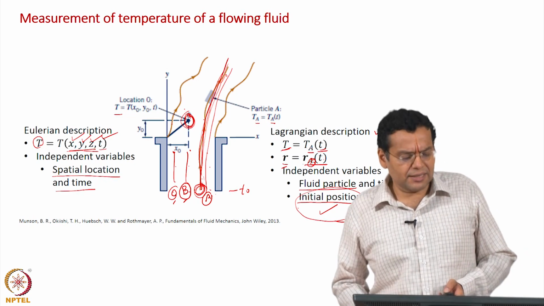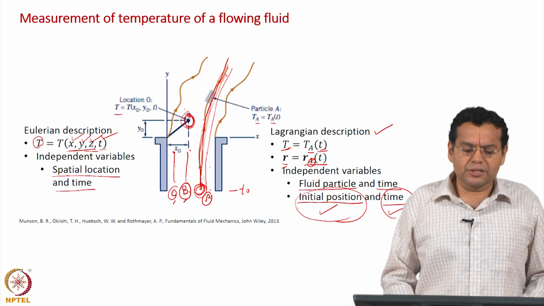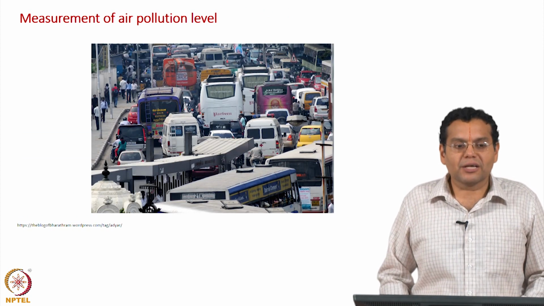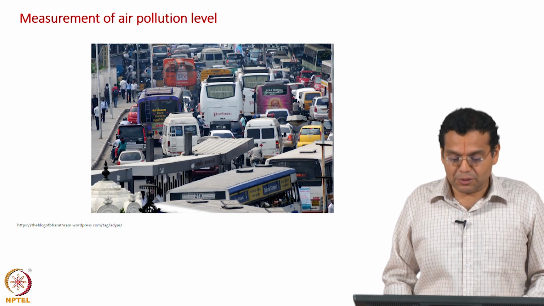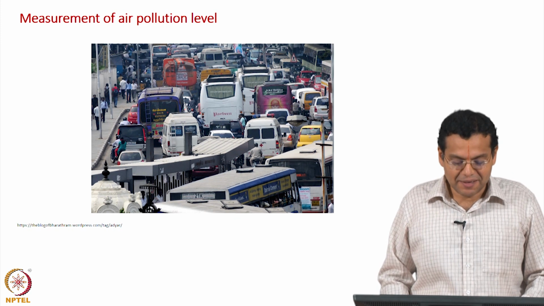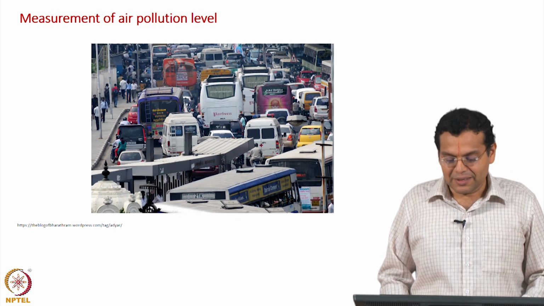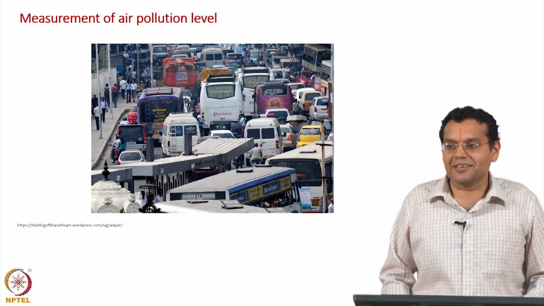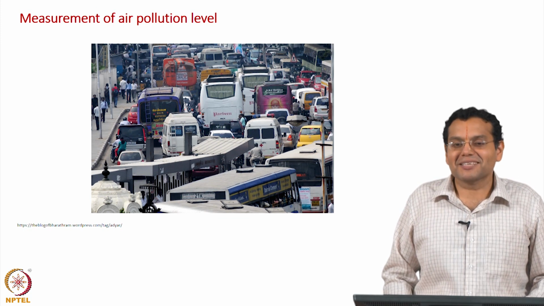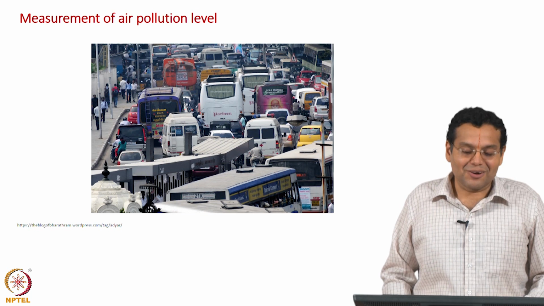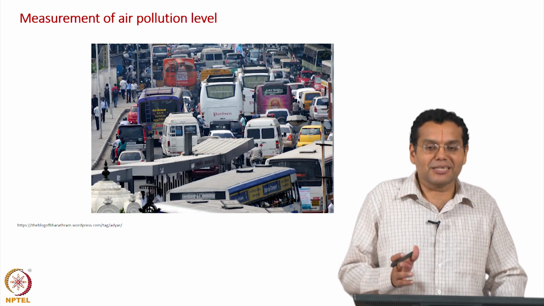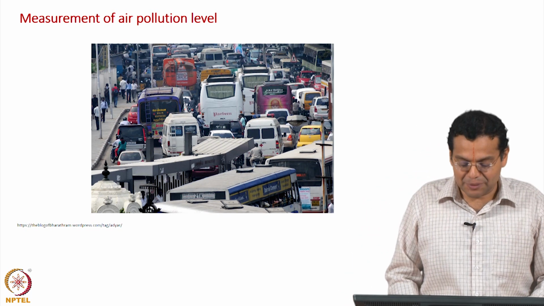Okay. Having discussed this in detail, we will extend this to two other examples. This photograph shows a very busy road in Chennai, and this road is just outside our institute, IIT Madras. One of the busiest roads, I would say, with a lot of traffic here. Our interest is not the traffic right now, our interest is the air pollution caused by this traffic, and let us say we are interested in measuring that. Okay. Air pollution could mean CO2 concentration, particulate matter, any other impurities as well.